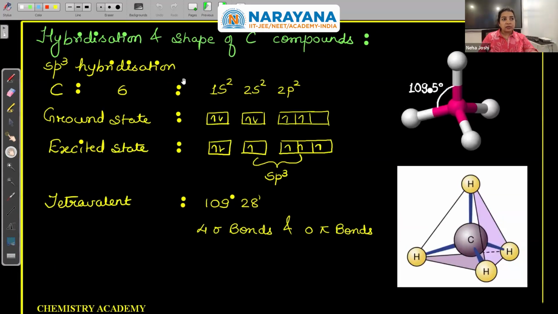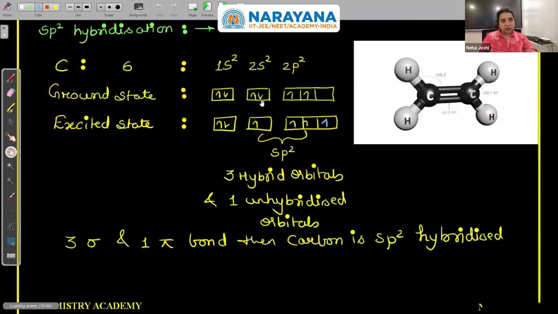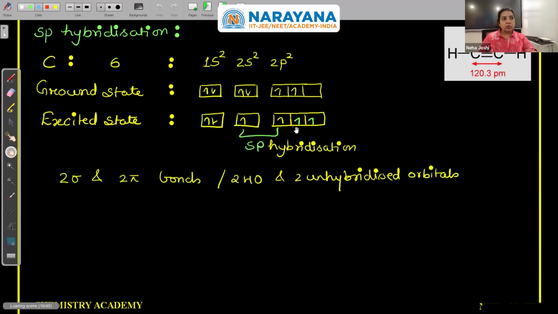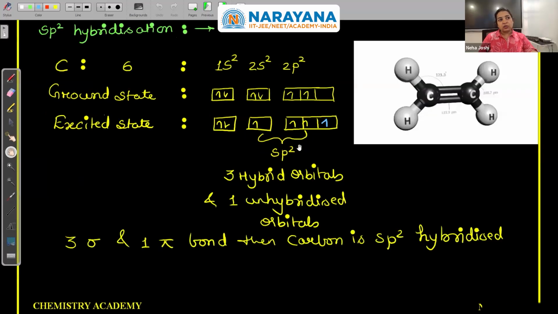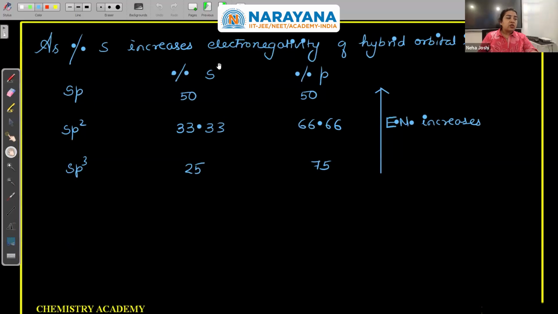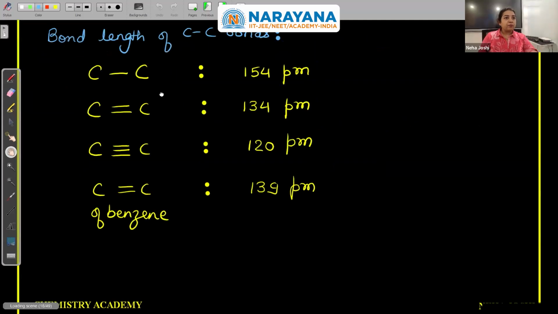So again, this is a primitive example, like what is sp3, what is sp2, and so I'm moving forward. What is sp? Like all these standard bond angles. You know that as the percentage of s character increases, the electronegativity of the hybrid orbital will increase. So sp will be the most electronegative and sp3 will be the least electronegative of the usual three hybridizations that we will need in organic chemistry for carbon: sp, sp2 and sp3.